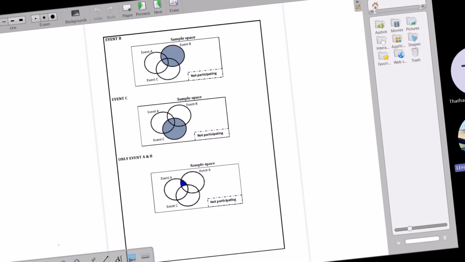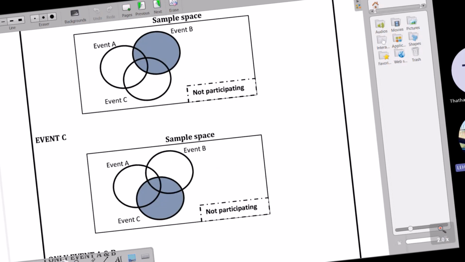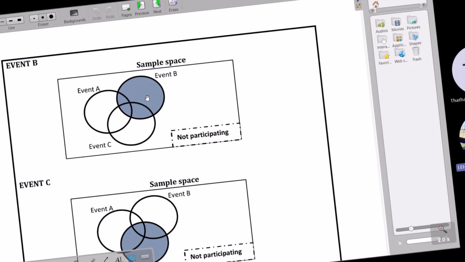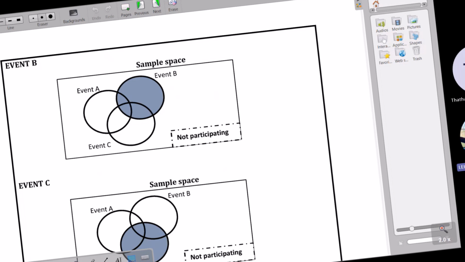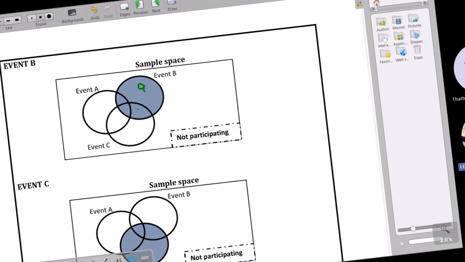Now let's go to the second part and also see what happens in event B. In event B, the circle shaded is the circle of sample or event B. Event B is shaded in this manner. I'm going to reference it also with events happening. So let's assume here it's event A, and then sample A, sample B, and then sample C,